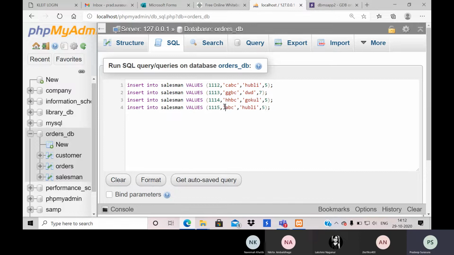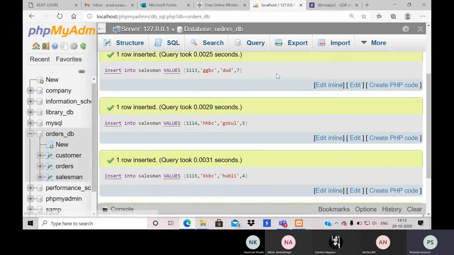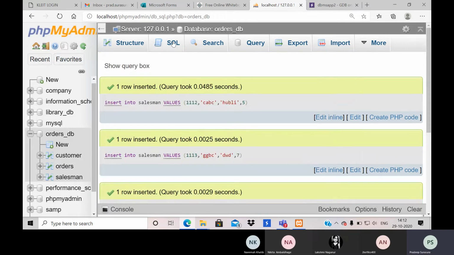Hope you guys are seeing this. Let me insert some 6 values initially, then let me go to some other value. Okay, all the queries are done.